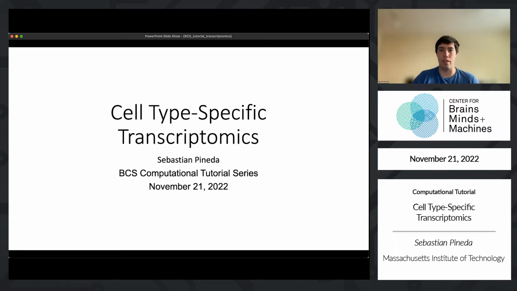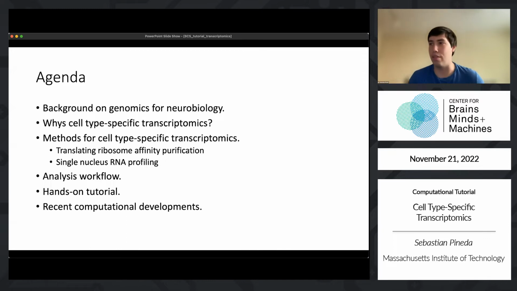I don't know what the general level of familiarity is here, so I can run through this if most people are already familiar with the various omics technologies and how we use them. They're pretty ubiquitous these days in neurobiology. We study gene expression, and most labs use gene expression assays, especially when studying models of disease. So I'll just give a quick